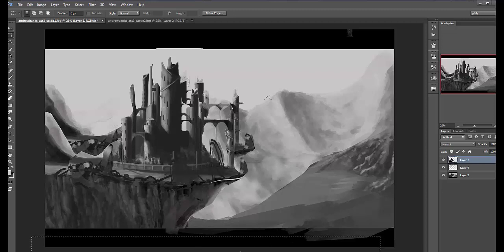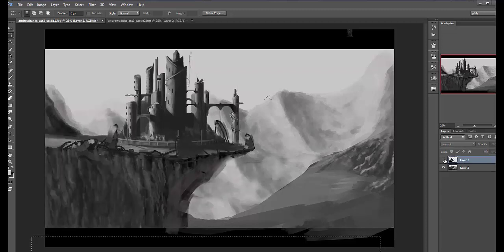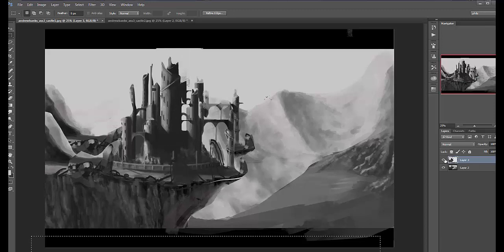So what I've done now is, I don't know if we have the original composition anymore. Let's see. So that's where you were, see how much higher it was? I just brought the castle down a little bit, raised the height of it, and now when we're looking at